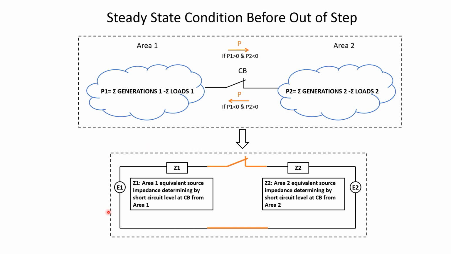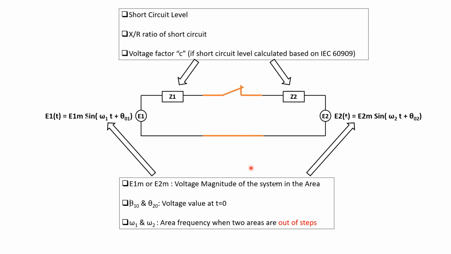From the network point of view, we can have an equivalent source and impedance for area 1 and source and impedance for area 2. Z1 is basically the short circuit level of area 1 at this point, and Z2 can be calculated from the short circuit level of area 2 at this point. To calculate Z1 and Z2, we need to know the short circuit level on each side, the X/R ratio of the short circuit level, and also the voltage factor used for calculating short circuit level, especially when using the IEC